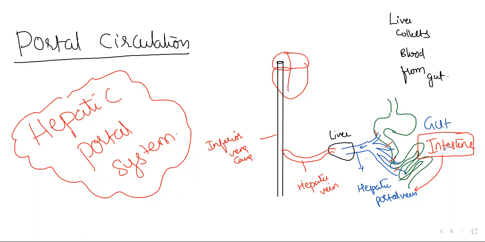So you should not say, like, sir, you said from the whole gut, but in the examination it is given as intestine. Unfortunately, you will find stomach also in the options. But when stomach and intestine both come, you need to select intestine. Why, sir? That is there in NCERT. That's all. There is no logic at all. That's why I'm saying, this is not the game of the people who know more. This is the game of the people who know what is required. That's a need actually, that they are following NCERT exclusively. Exclusively the NCERT text. Okay, so that's it about portal circulation.